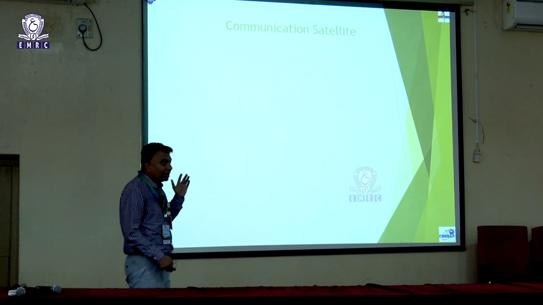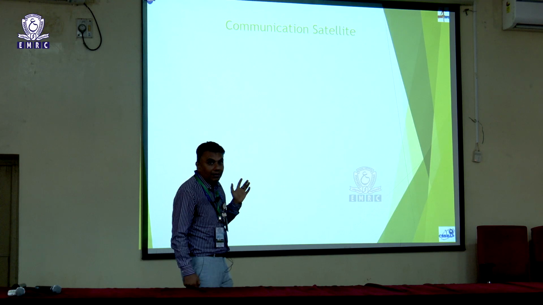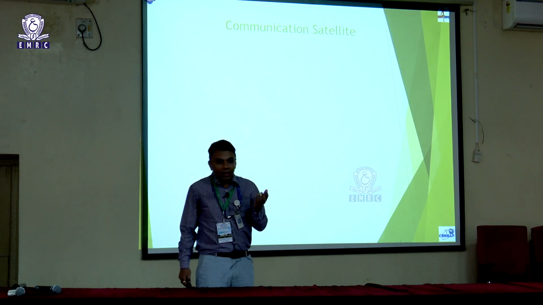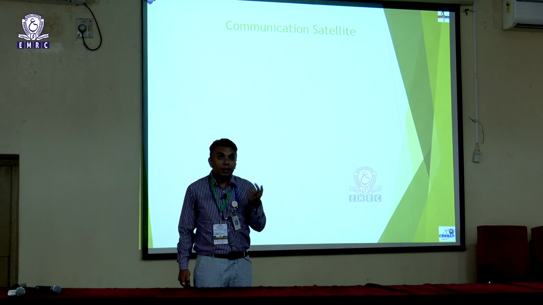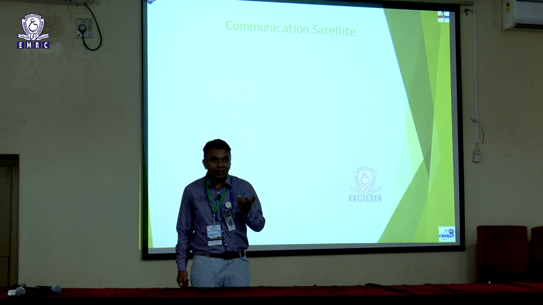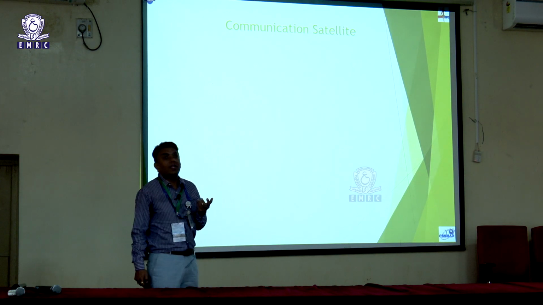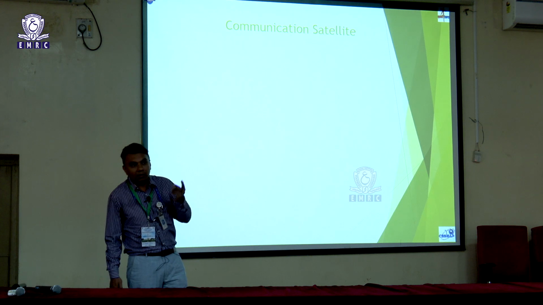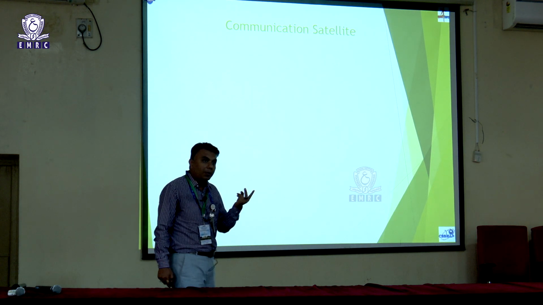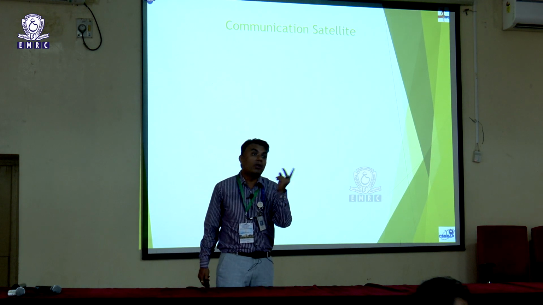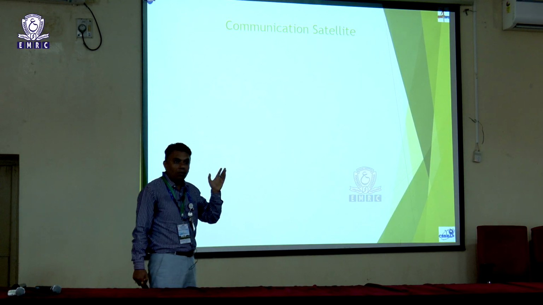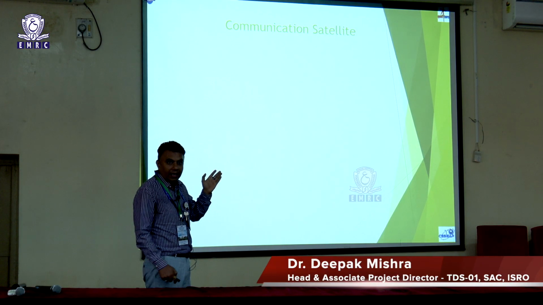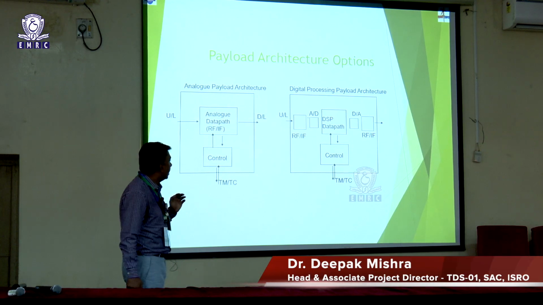Now coming to, I will just showcase you some cases. In terms of satellite design, we have 4 types of satellites in ISRO. One is called communication satellite, another is called navigation satellite, third is called remote sensing satellite. Remote sensing satellite is also classified into 2 domains. One is called optical satellites, another is called microwave domain satellites. I will try to showcase each one of them and what technology we are using in each satellite design, that also I will try to show you.